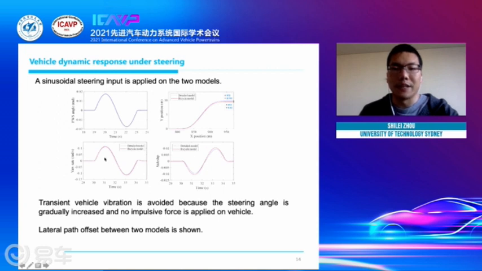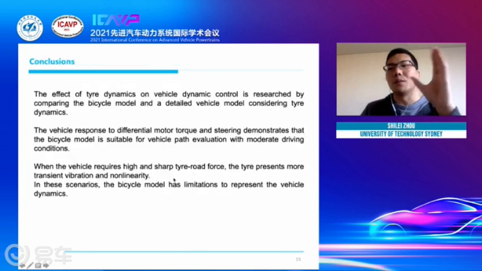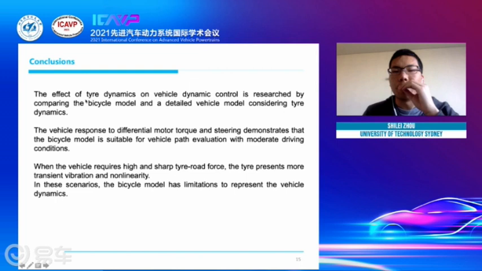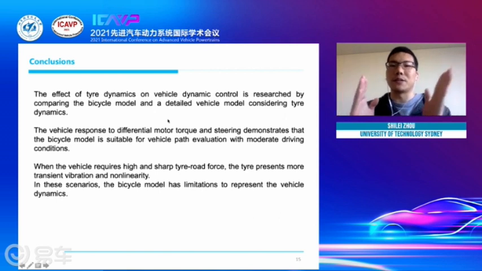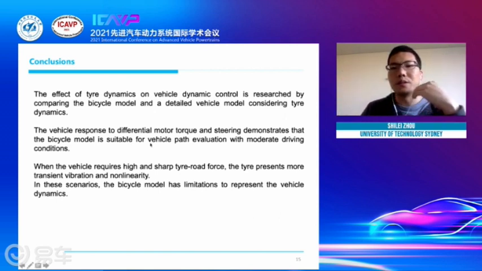That's what we can see, even without any transient process, but we can still see there is a stable difference. So from the above research, we could see the effect of the tire dynamics on vehicle dynamics. Vehicle dynamic control is researched. We compare the bicycle model and the detailed vehicle model. The response of differential motor torque and steering demonstrates that the bicycle model is suitable for vehicle path evaluation with